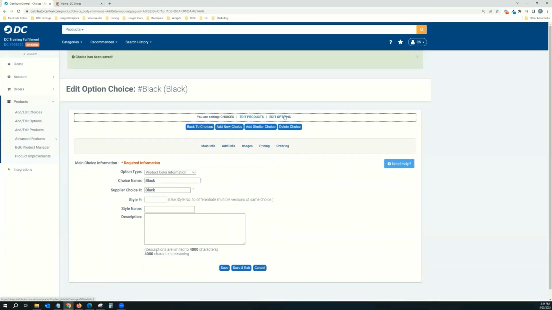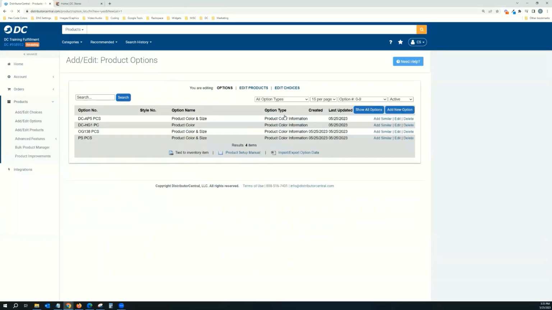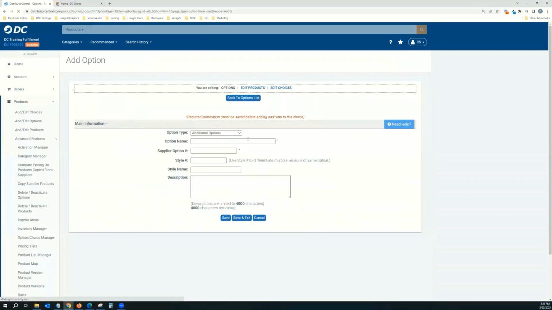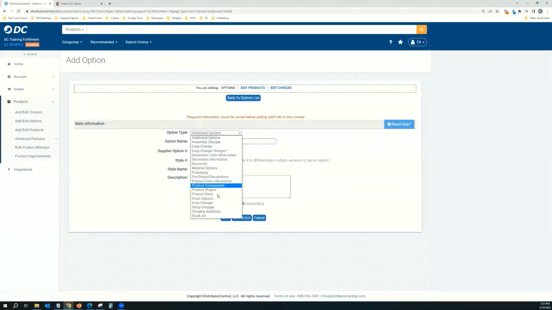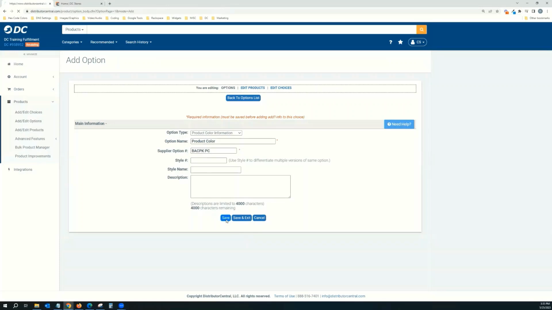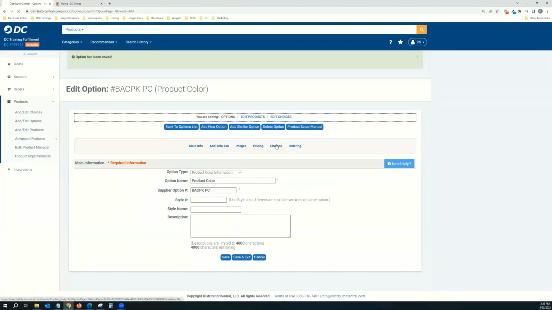So I'm going to go to the option. I'm going to add new option. Remember, they have to match. So I'm going to do product color, just like I did for the choices. And I'm going to put product color. I'm going to put the item number. And then PC for product color. Then I'll go to choices